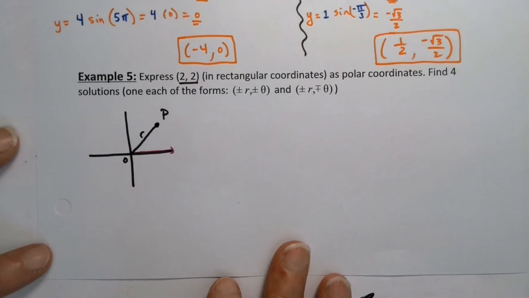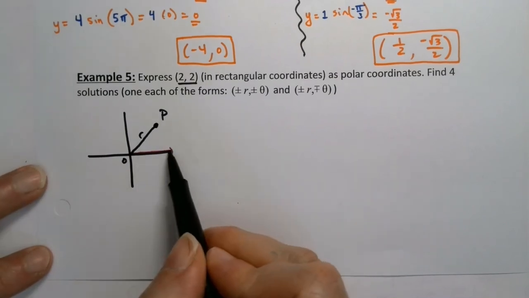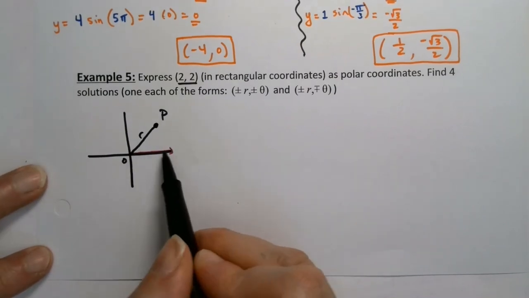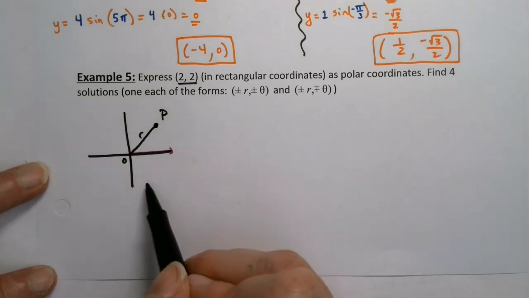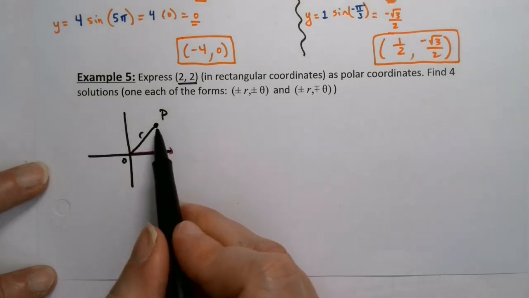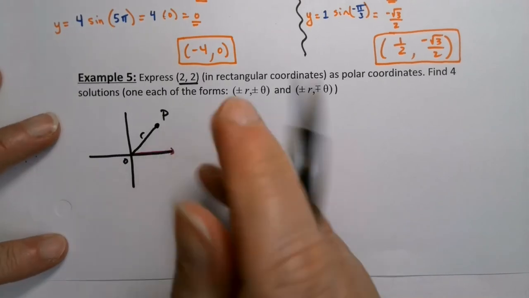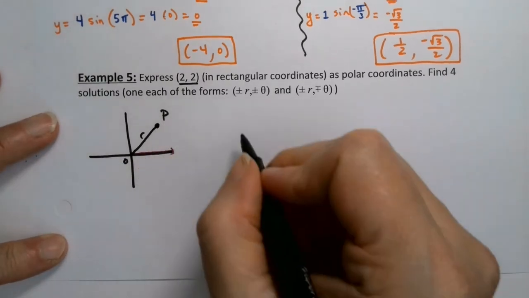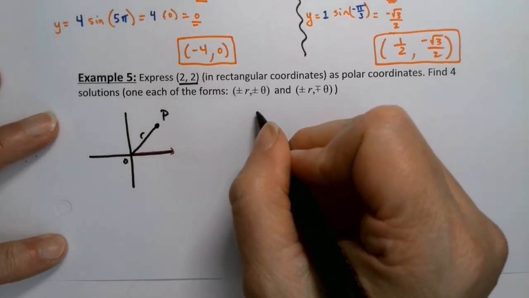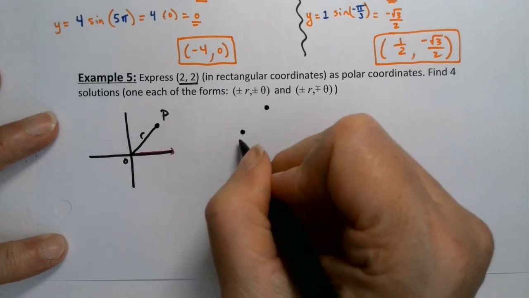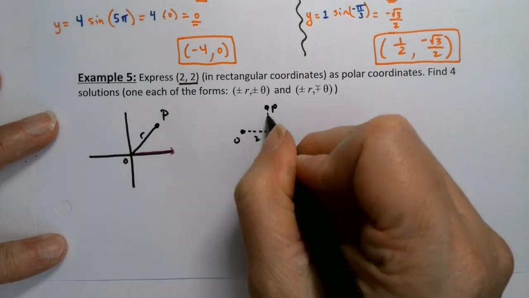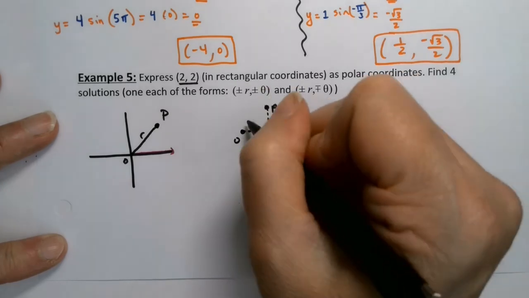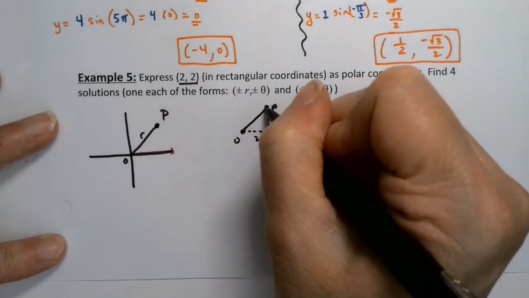Because then I'll know what ring to go out to on my concentric circles, a.k.a. the polar grid, and I'll be able to swing around. So I need to find that value. What they're telling us up above is that you can make a little triangle. If P is here and O is here, I don't want to do it on the grid, because the grid will get too confusing. I want to do it over here. If this is 2 and this is 2 and this is r right here,